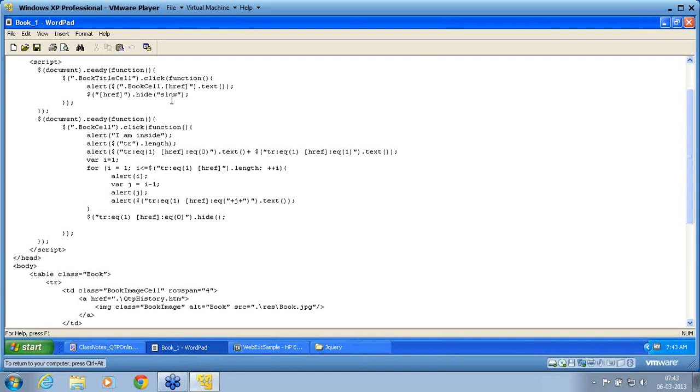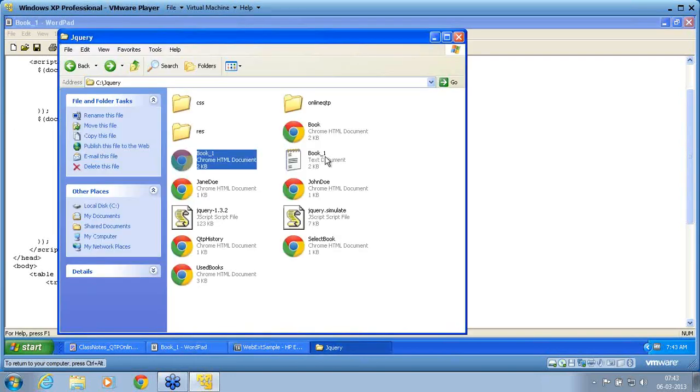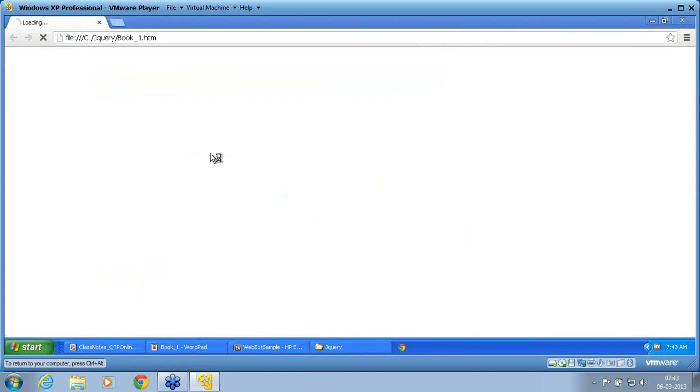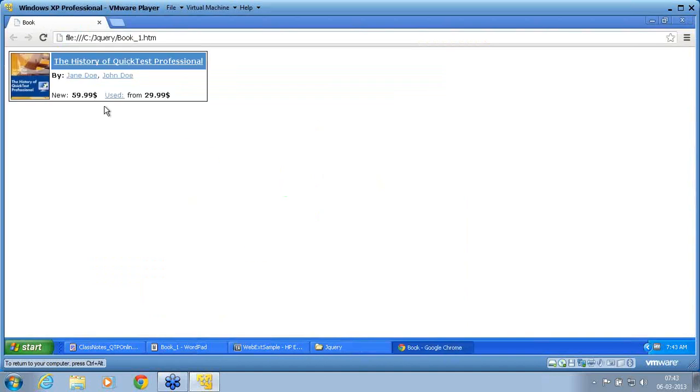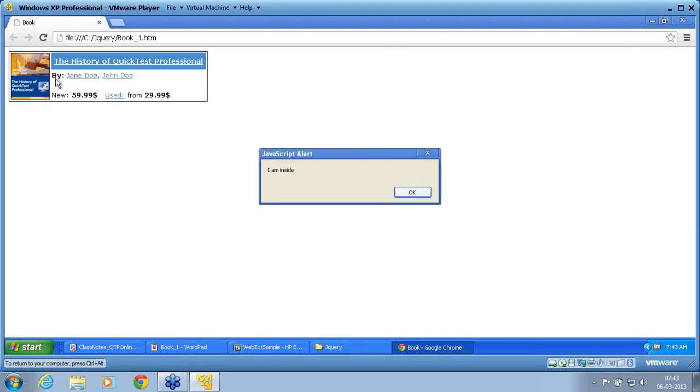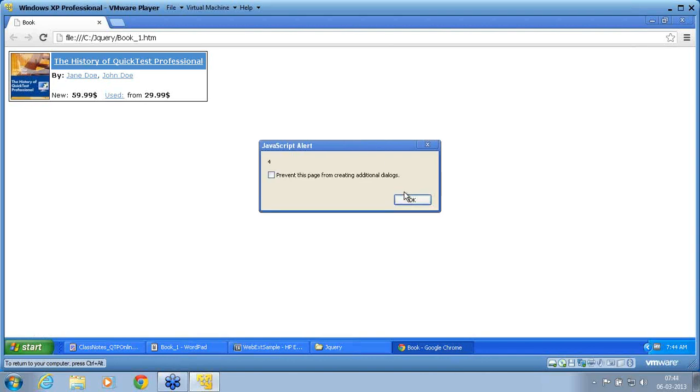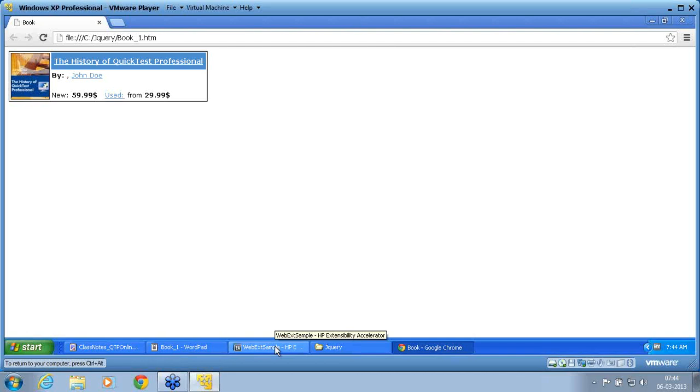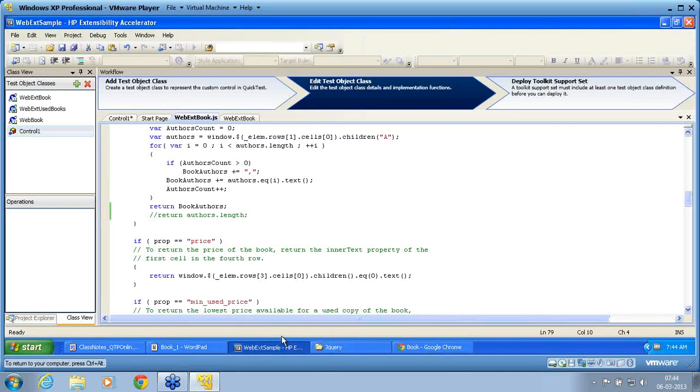So this I would like to execute now. I go to this book 1. I open this book 1 now in the HTML itself. I am now clicking on class. So this is class bookcell. So I click now onto this bookcell. Now you can see it is a different class. It is not the book title class. It's a different class. I close this. I'll explain this a little later. Let me understand where the bookcell class is.